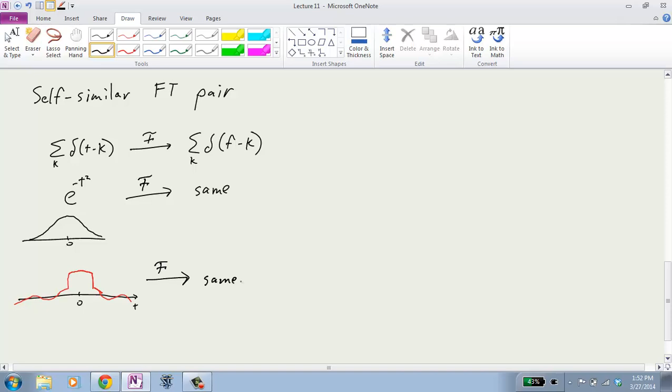So can anyone figure out how I would express this with math equations? It's a sinc plus a rect. Okay, so this is sinc t plus rect t, and now you have a very general way of creating signals that have the same Fourier transform. All right, so there are many such things, but people usually remember these two, especially this one, because you need to know that for sampling. Okay, now,